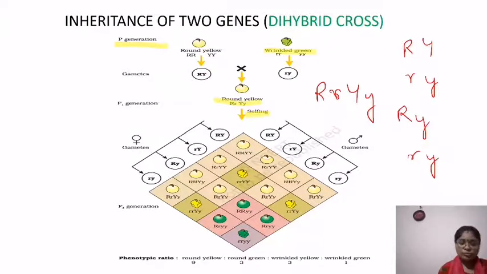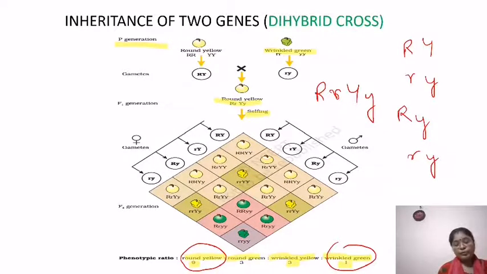Now this is what is shown here in the diagram. All these are your gametes, which are now uniting. On uniting the gametes, what do we get? Here we get round and yellow in the ratio of 9, round and green in the ratio of 3, wrinkled and yellow in the ratio of 3, wrinkled and green in the ratio of 1. If you look carefully, this and this are your parental generation,